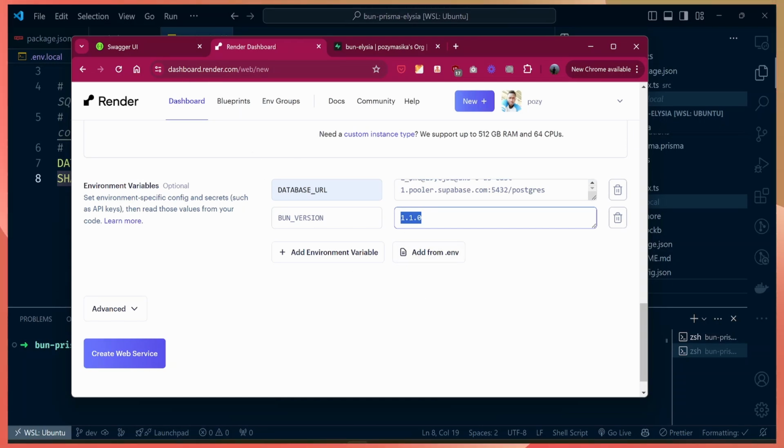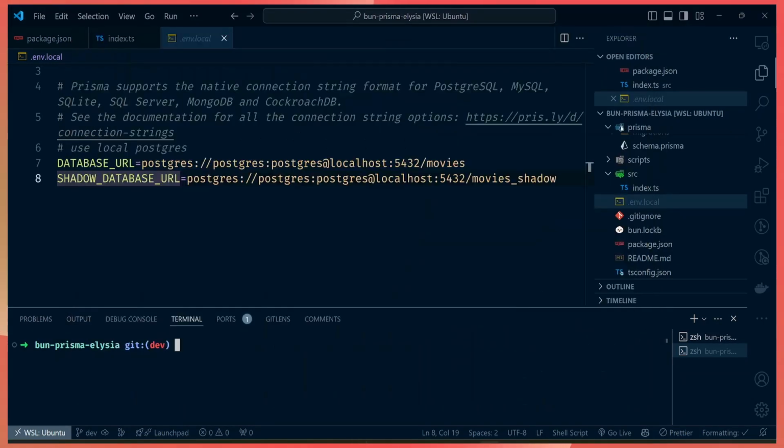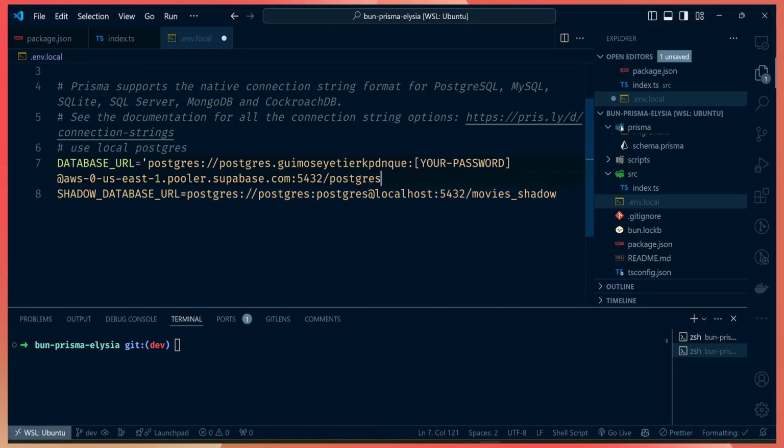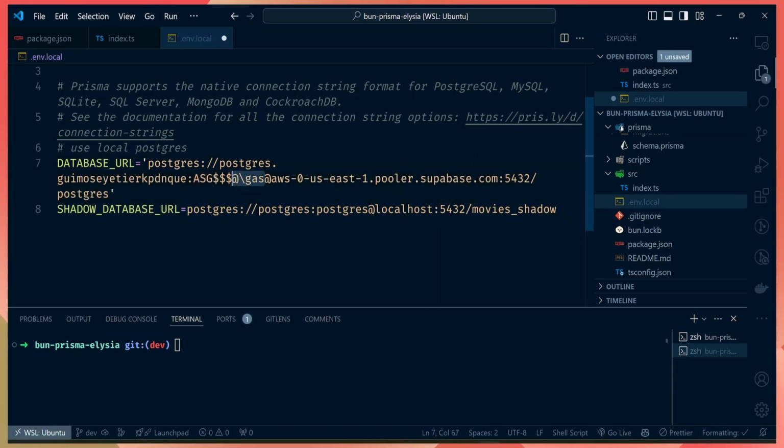And another point about the database URL that may trip people up is if your database hosting provider provides you with the database URL like this, and then inside the password, you get an auto-generated password that has all sorts of characters. So it may be something like AS with a $ sign and an @ and a backslash and some other weird characters. So these values will pollute your database URL, and Prisma will not be able to connect to your database URL. So what you need to do is you have to encode these